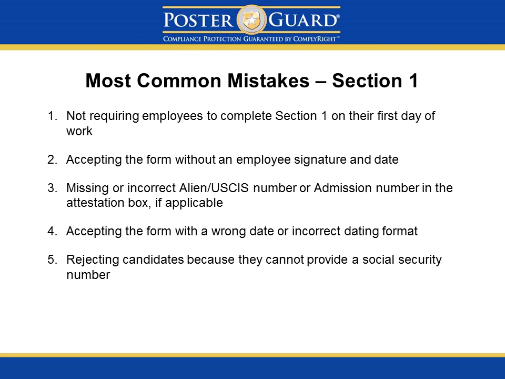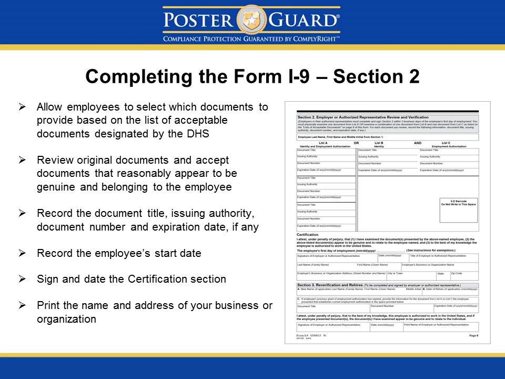Okay, now we're moving on to Section 2 of the form. And the second step in the I-9 process requires you as the employer to examine and list the documents presented by the employee to establish the employee's identity and employment eligibility. And like I said, you have to review the documentation and fill out Section 2 within 3 business days of